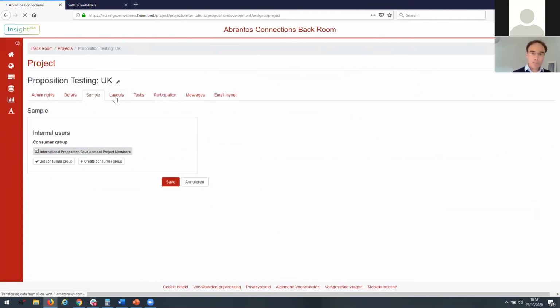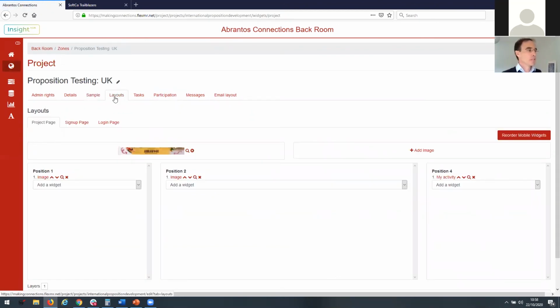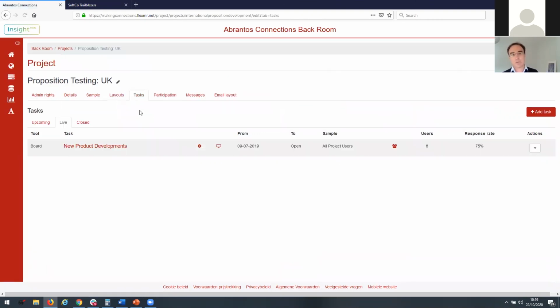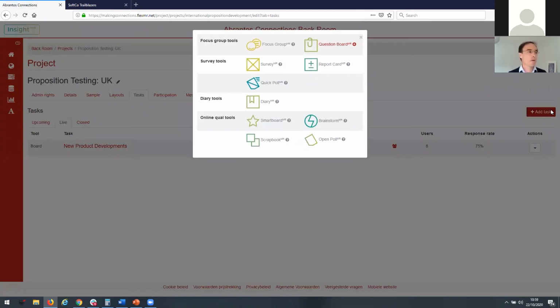I can create that bespoke layout that we talked about for the project page. So you could have a different project page in each of those markets. So I could change the content that each project is seeing. I could have different things running. I could decide in the UK to go further and add video focus groups and maybe add a diary study as well, because that's the core market. And the other markets, I'll just scale with the question board only. And I can do that by adding the tasks into that project through here, and by changing that layout. So the layout will change the content, but it can then also add tasks into that project too, from across the InsightHub.